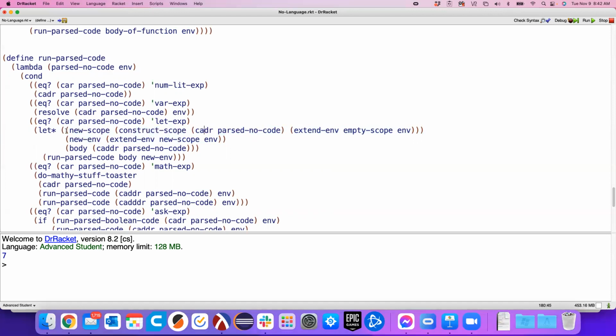Because this is just a scope. And if I have construct scope give me the updated current scope with that, then my new environment operating off the current environment already has that old scope in it. So I don't want to extend my environment that has my old partial scope with this new updated scope in front of it. And I can fix it in here, but for the same reason, I don't want to lose the logic of it. So I'm feeling like...